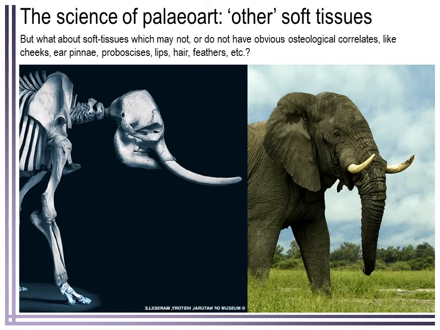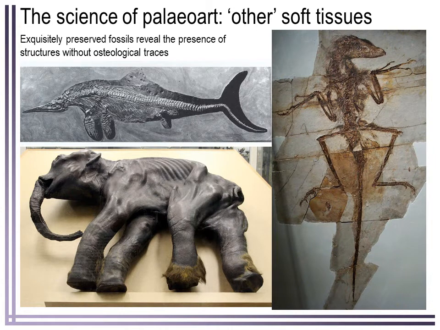So how do paleoartists reliably infer their presence in fossil species? Well, the simple answer is that sometimes we just need to be reliant on soft tissue preservation. There's lots of different ways that soft tissues can enter the fossil record. Obviously they're very rare. Most of the time all we get is the hard parts, but on occasion we get sites of exceptional preservation for fossils, and they can tell us an awful lot about the life appearance of a